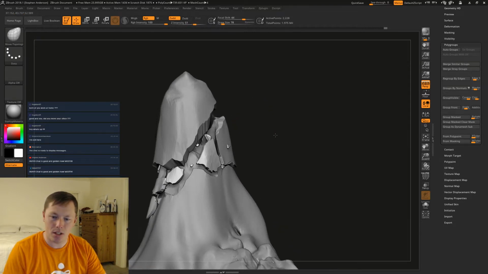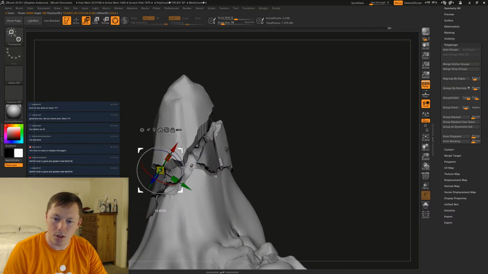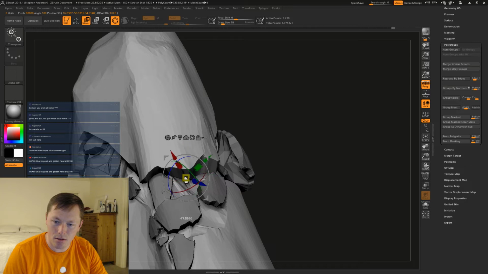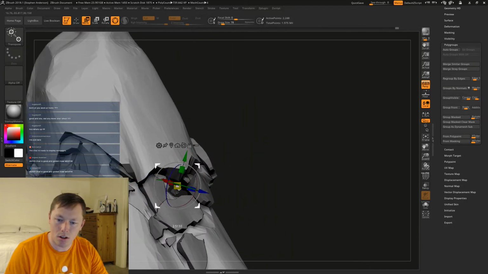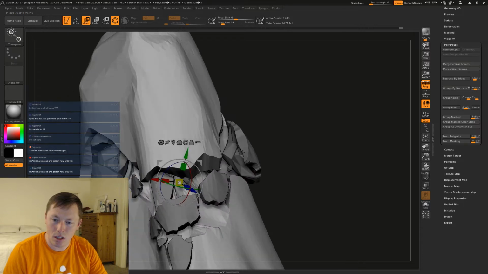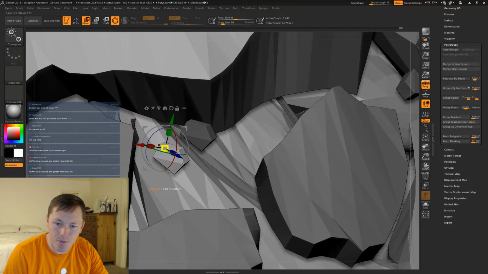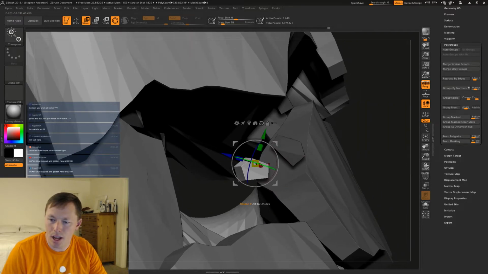Let's maybe see about taking some of these smaller pieces, and we're just going to add a few of them that are just kind of outliers. Let's maybe even take a duplicate of that one. We'll rotate it around and we'll shrink it down.